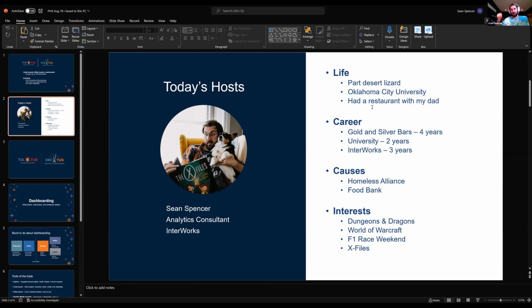As far as my career, after college, I started at an e-commerce online retailer selling gold and silver bars on the internet. That's one of the little known facts about Oklahoma City, that we have the largest precious metals retailer in the entire world in our downtown. And that's really where I got my foundation for how a business operates. I really started at the bottom there, I guess is what I'm trying to say. I started in shipping, right? So I'm down in the basement, picking and packing orders, understanding the operational workflow and how this product gets from the shelves to a customer.